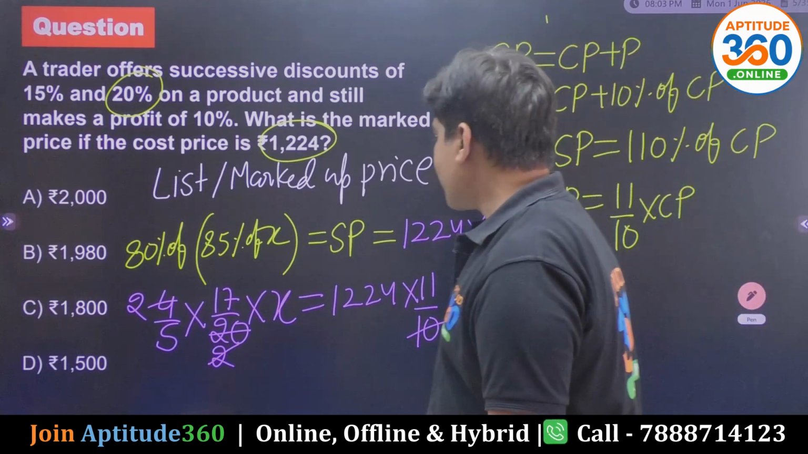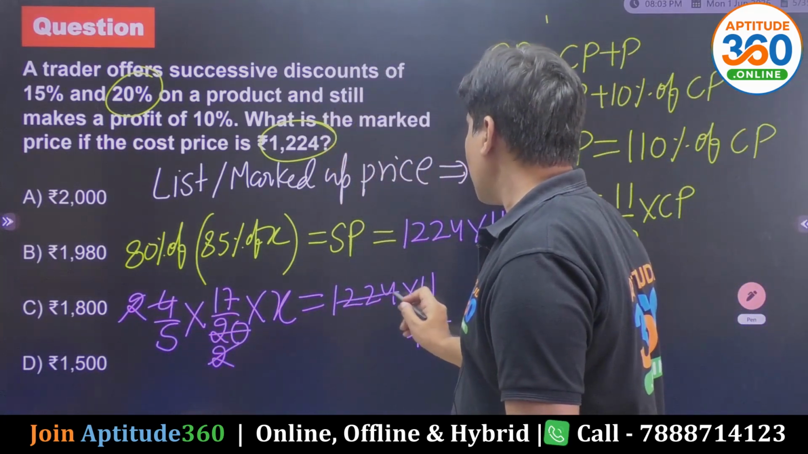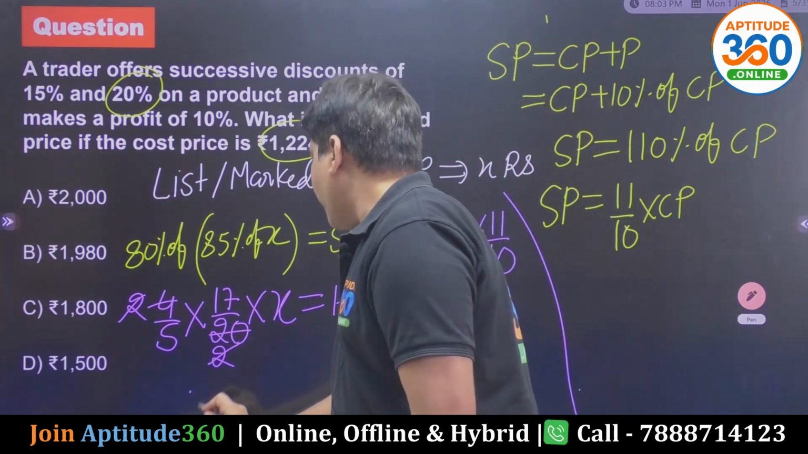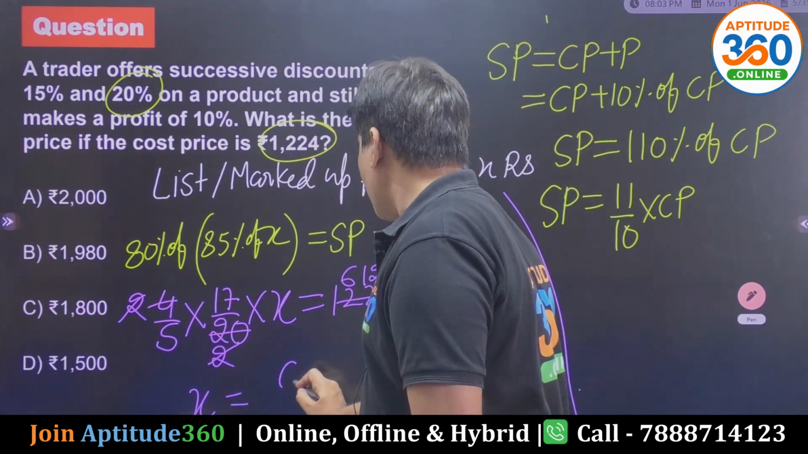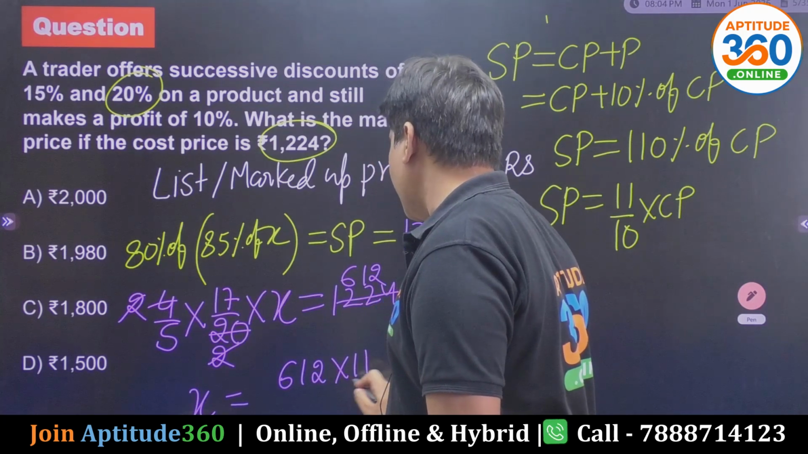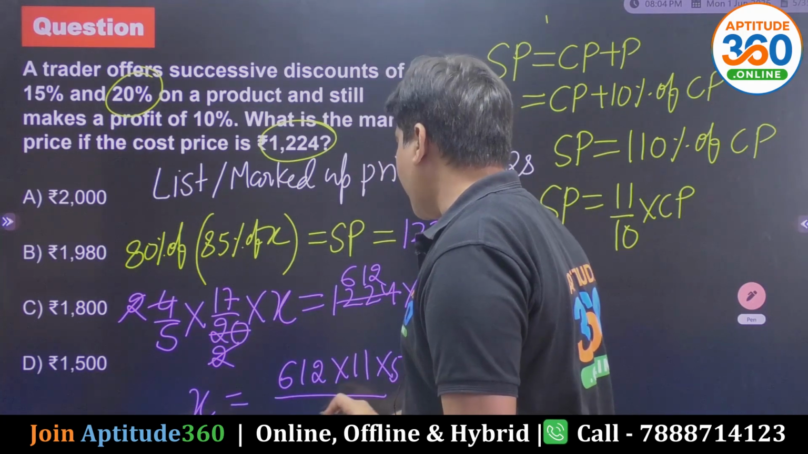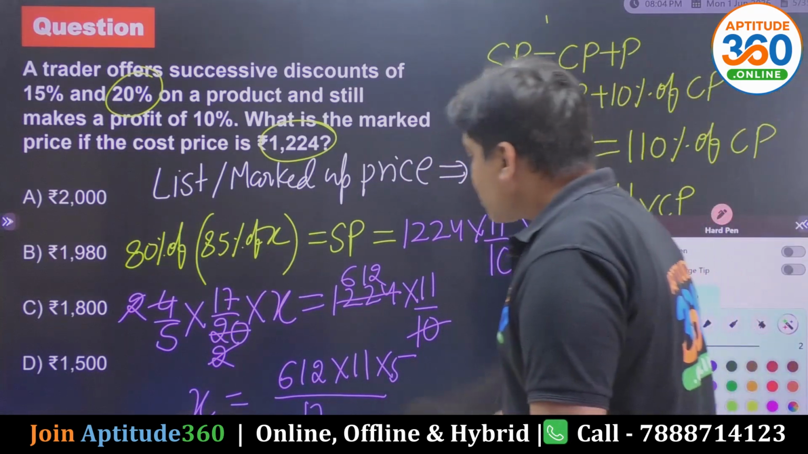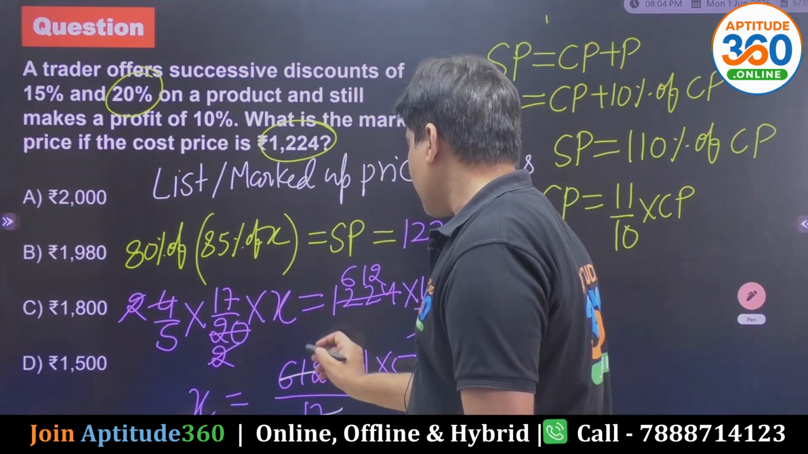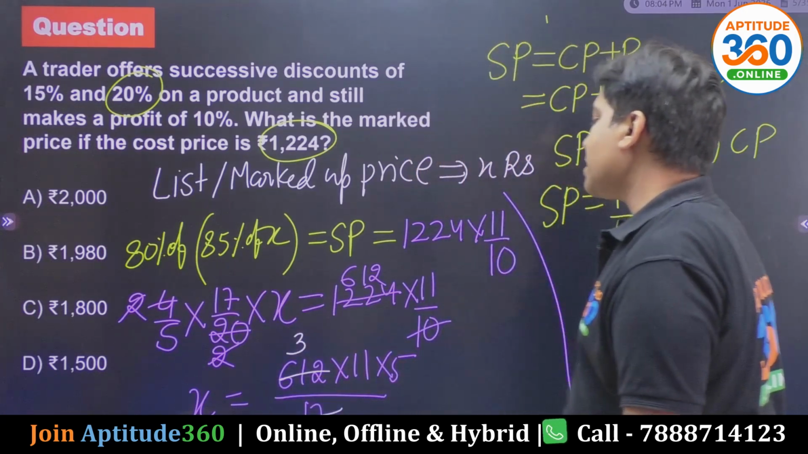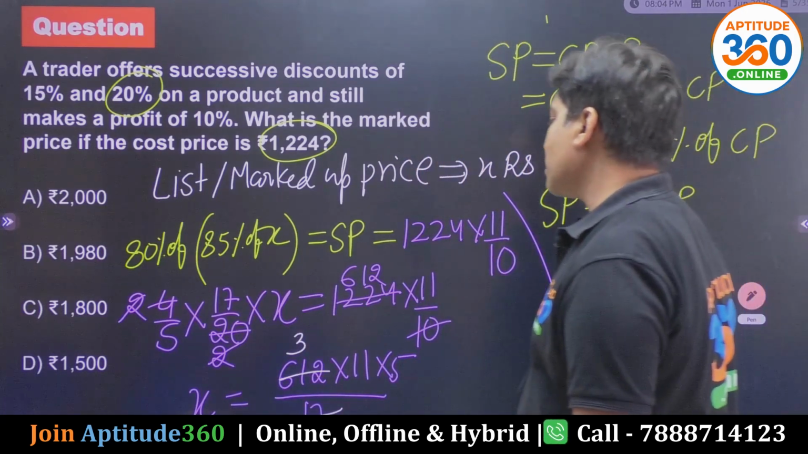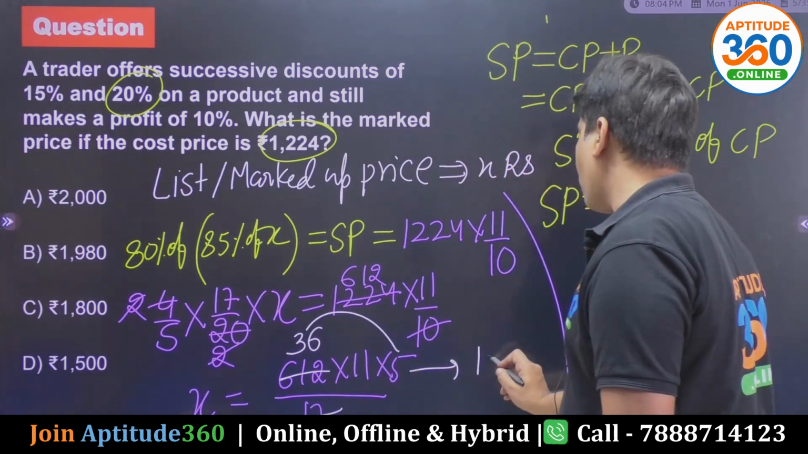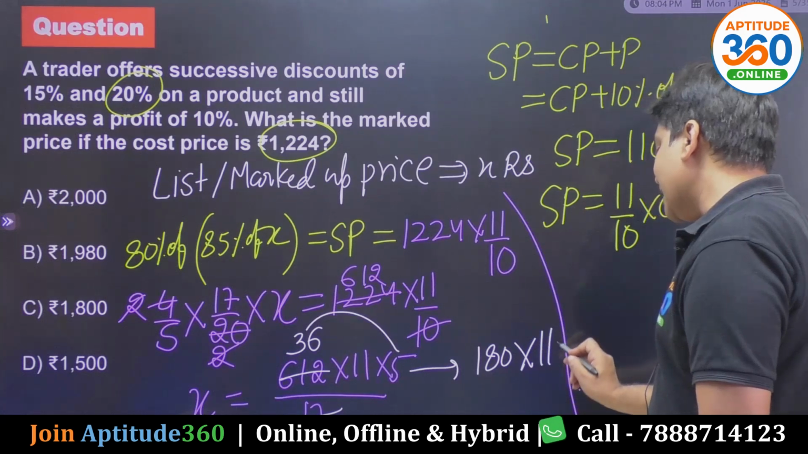And then what can happen? This is 2 and this is 6, 1, 2. So the value of X will be 612 into 11 into 5, and finally you have got 17 in the denominator. That is what we need to do. 17 3s are 51, and then 102, and this is 36. Now what we have is 36 into 5 is 180. 180 into 11 is